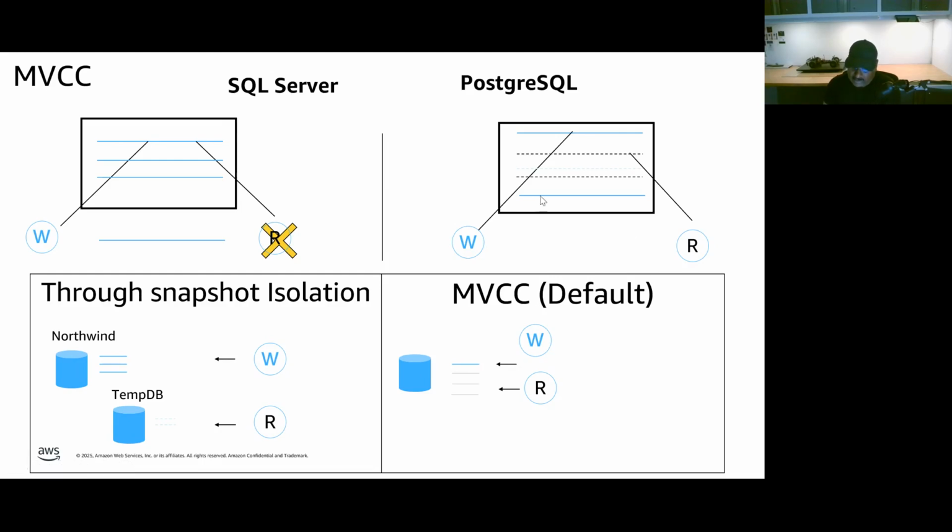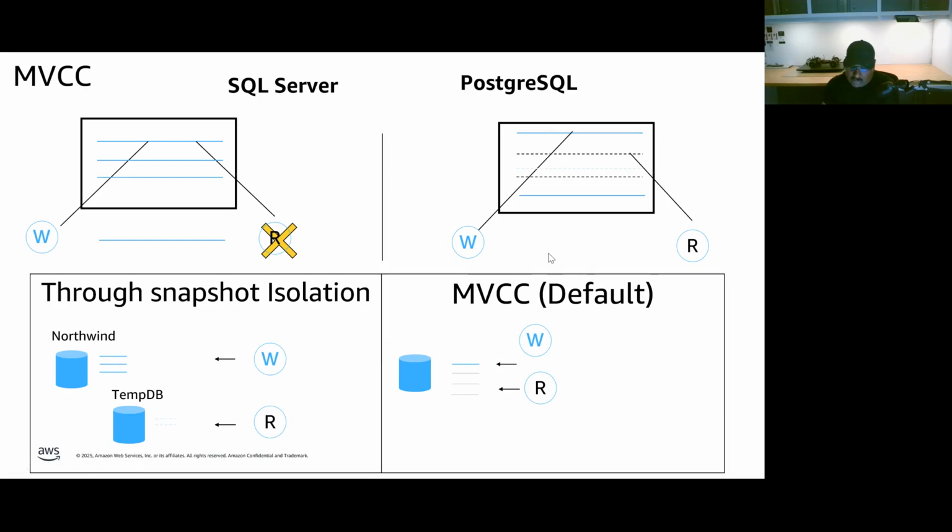But unlike in SQL Server, where it stores the previous versions in tempdb, Postgres keeps all these versions within the same table. But over a period, you will accumulate a lot of row versions, right? But we don't need all these row versions. So there is a process called vacuum, which is a daemon process which runs in the background, which cleans up all these dead rows or the dead tuples in the background. Okay. Yeah.